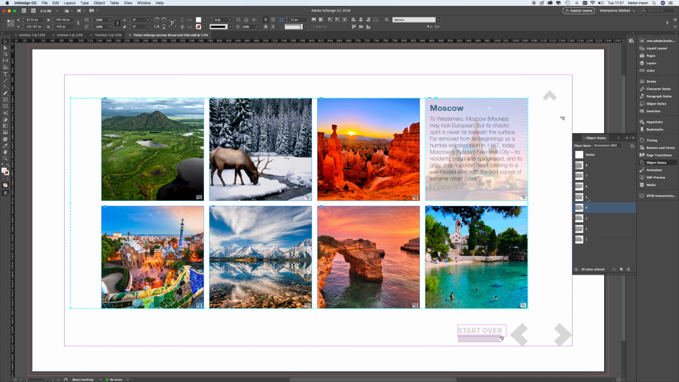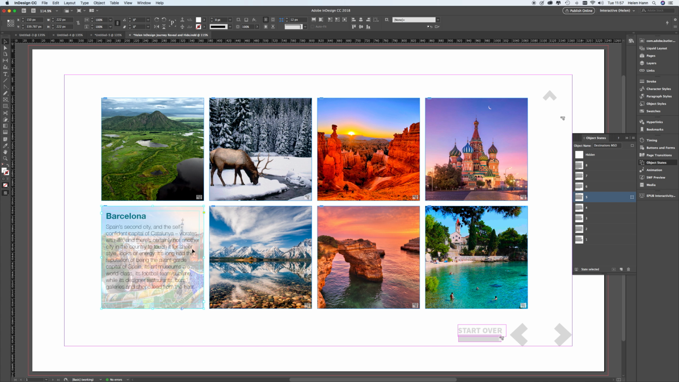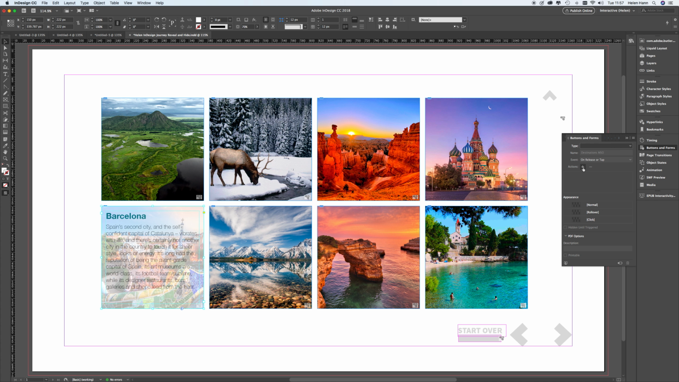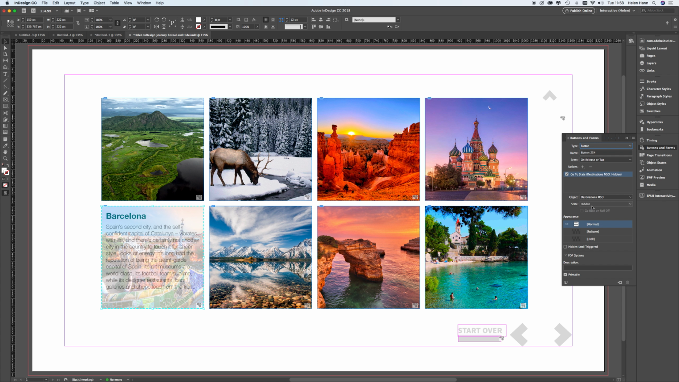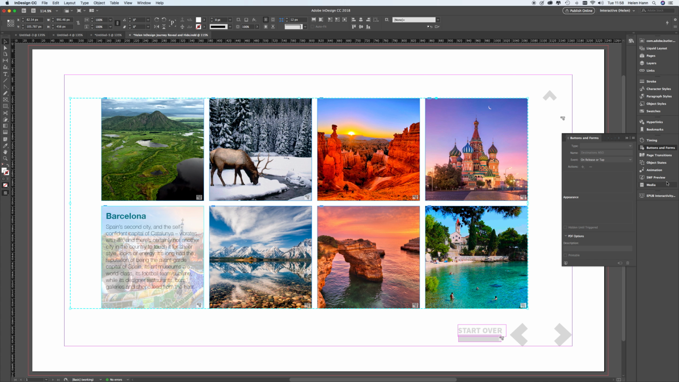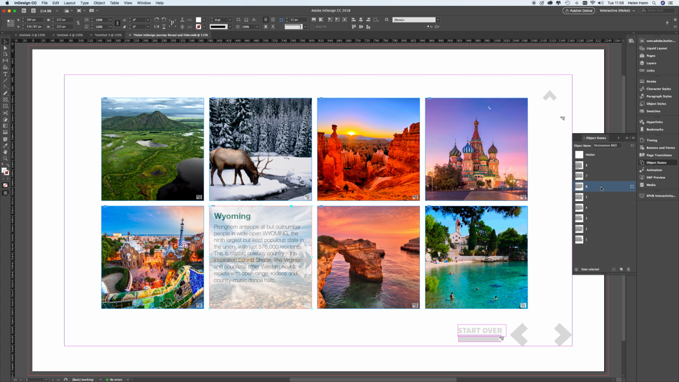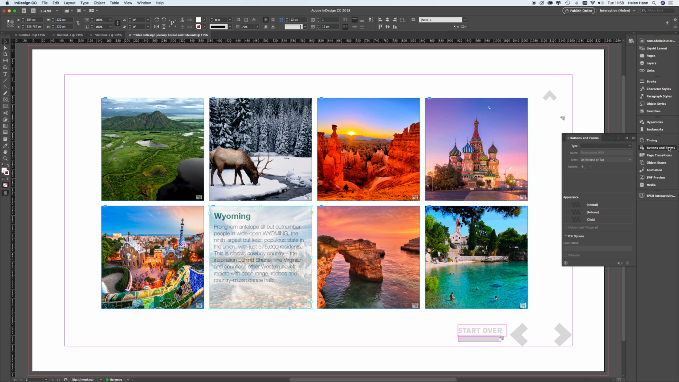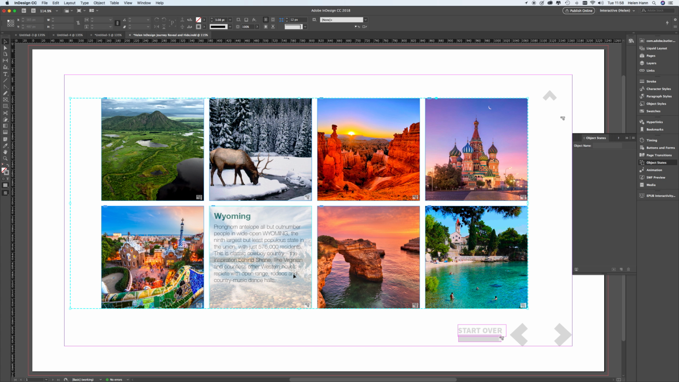Go to object states. This time we're going to number 5. Double click to find the text box, buttons and forms panel, actions. Let's go to state, and we're choosing hidden again, and then deselect and then reselect it. Go to the object states panel, and this time we're on Wyoming. Double click, back to buttons and forms, click on actions, go to state and choose hidden again. Deselect, click on that,